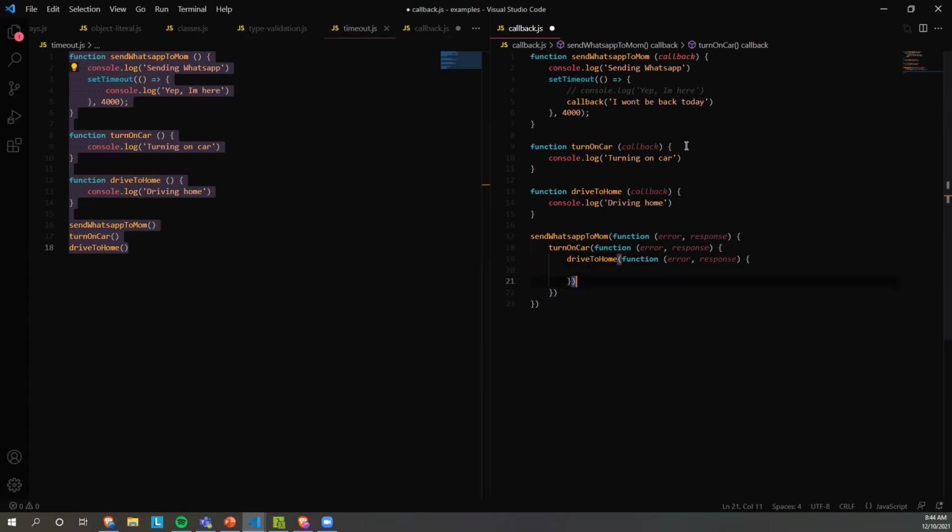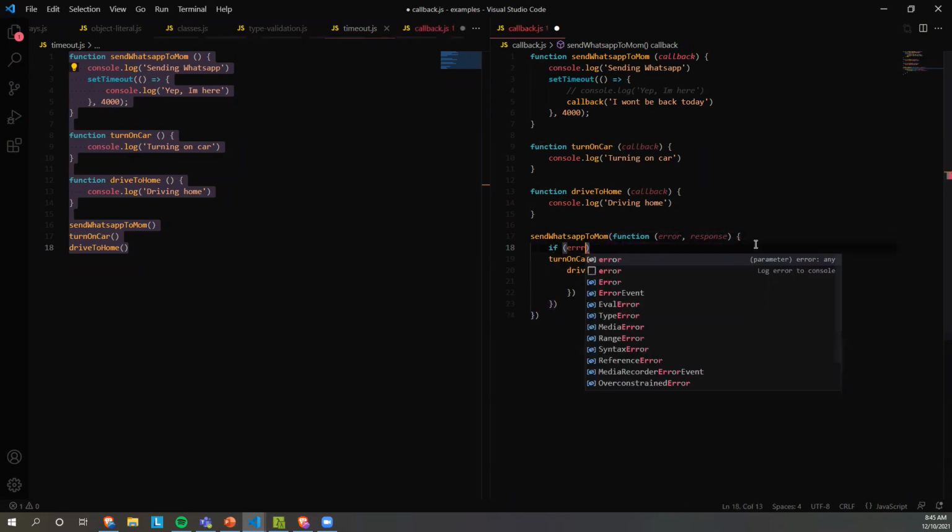And imagine that this is the simple case, but then we have the complex case where we need to get to the pharmacy, we need to pass by the gas station, we need to do a lot of things before going home. Then this will start increasing, and there is where we meet our friend, callback hell. It was a really good solution at the time, but when you depend on a lot of asynchronous operations, this was going to start growing. And this looks simple because we don't have complex logic, but imagine that we start having something like if error